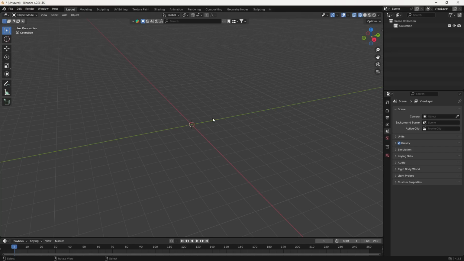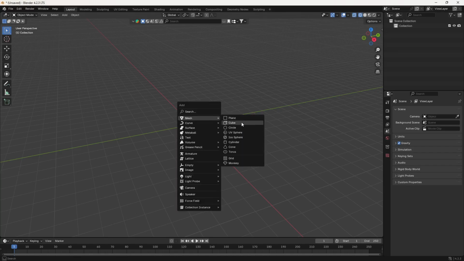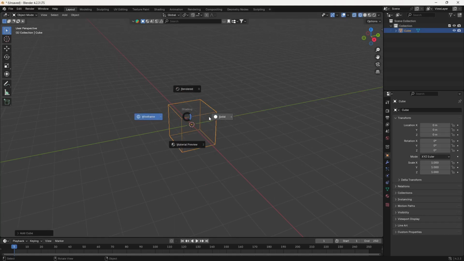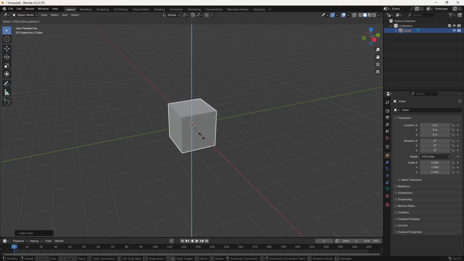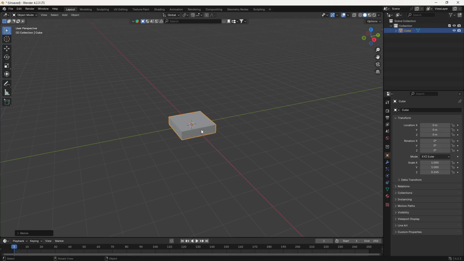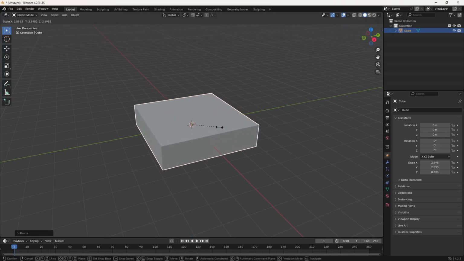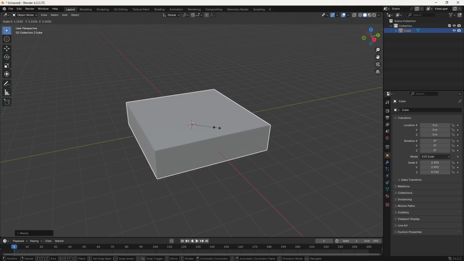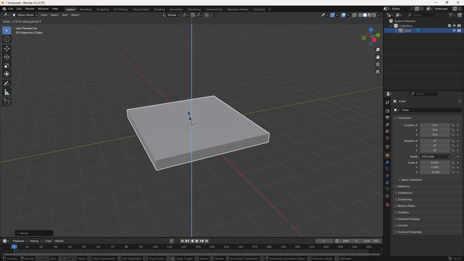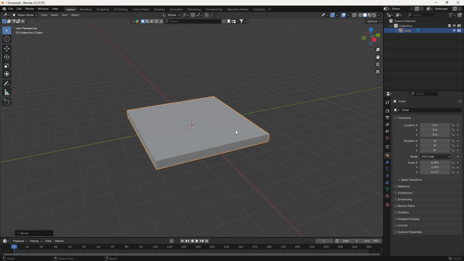In order to do it, I'm going to create a cube. Let's press Shift plus A, go to Mesh and create a cube here. I'm going to go to solid mode here. I'm going to press the S key and resize it in the Z axis, something like this. Then I'm going to scale this out to something like this. Again, I'm going to scale this something like this, and in the Z to something like this. Just make sure you don't go in the minus axis. Always be in the plus axis only, or else it is not going to work here.